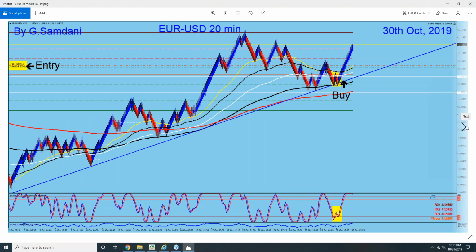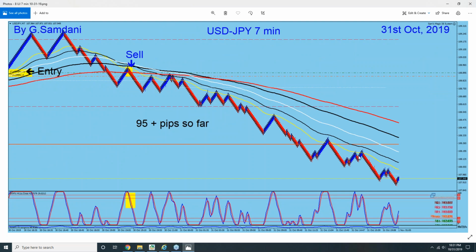And then the other one, I said USD yen, USD CAD, USD franc will go down. So out of that, you see this USD yen. I just closed it a little while ago. And there's a nice 7-minute entry, beautiful entry by the book, dropped, entry, and there was like entry here, entry here, entry here, entry here, and all the way down, 95 pips so far. I just closed it. All right, so this is how these setups, Magic IB setups, work, of course with my analysis,